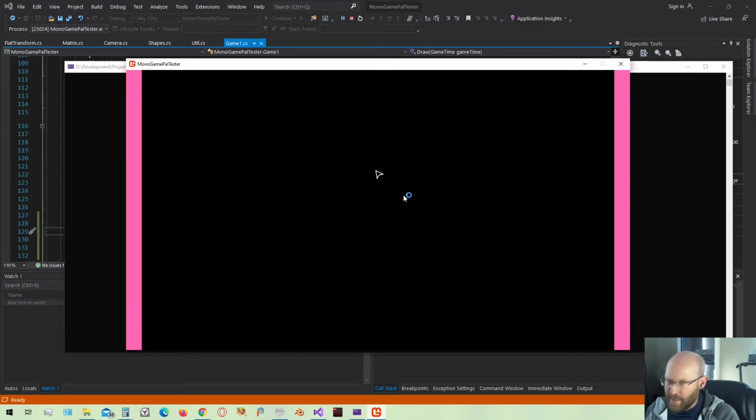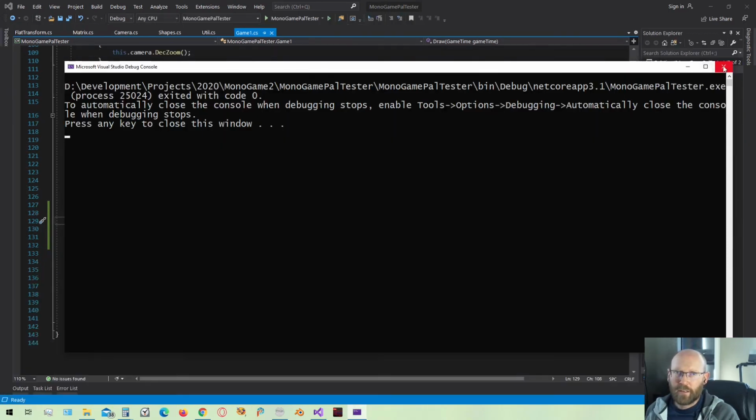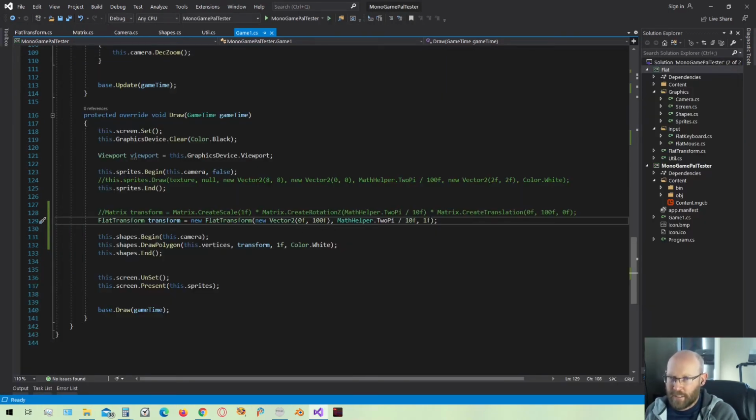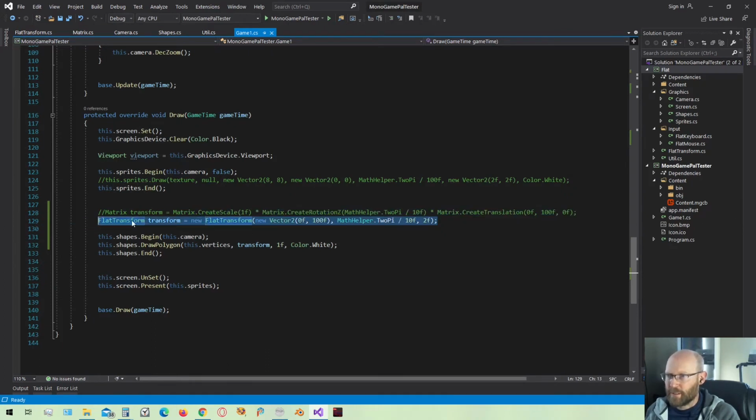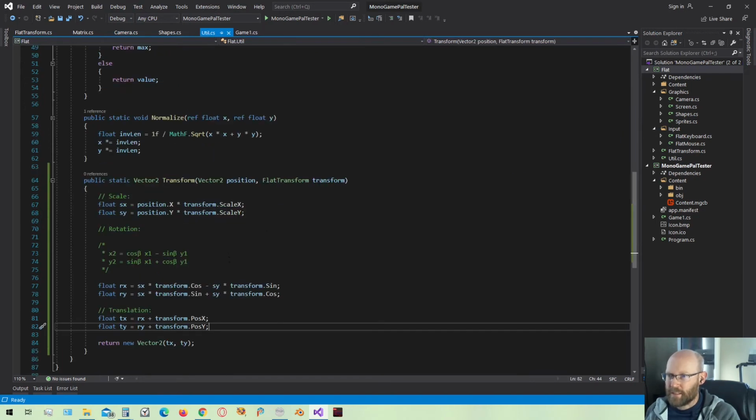Okay, there we are. And if you look at it, it's in the same position, it's been rotated the same amount. We can go ahead and apply a scale. Let's say we want the scale to be 2, so now it should be twice the size. There we go. This here, the creation of the transform, is really optimal. It looks really good. I would like to now optimize in our